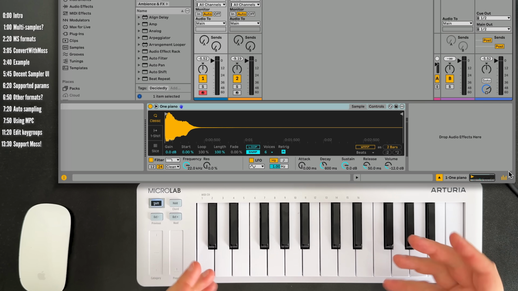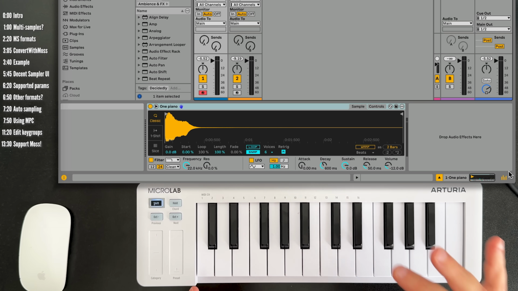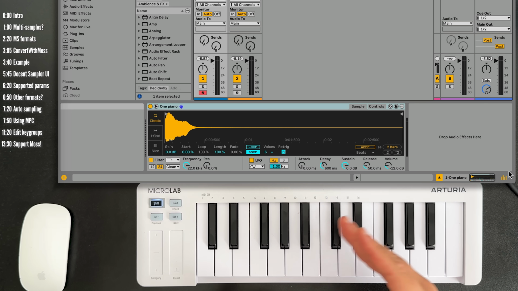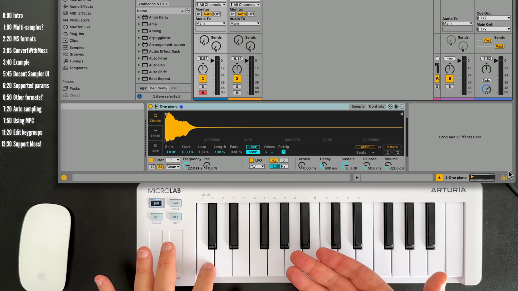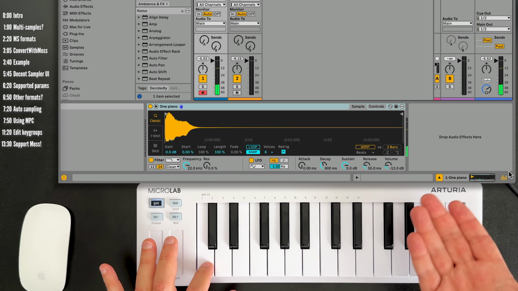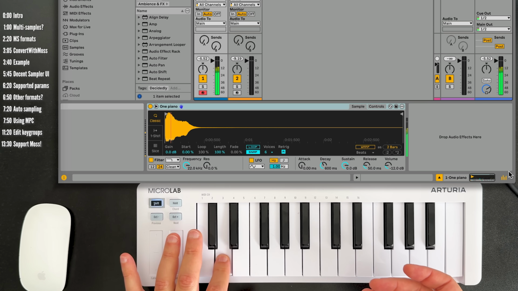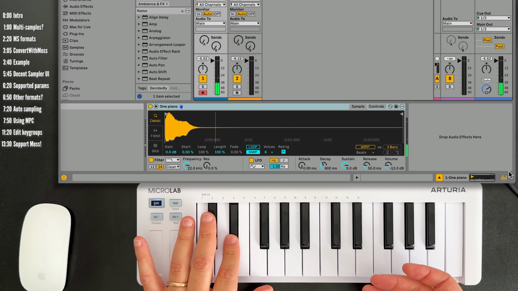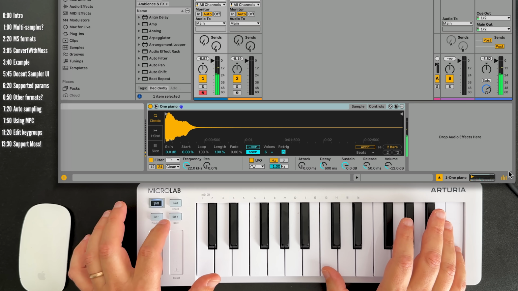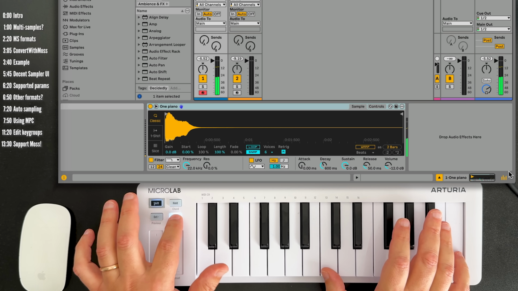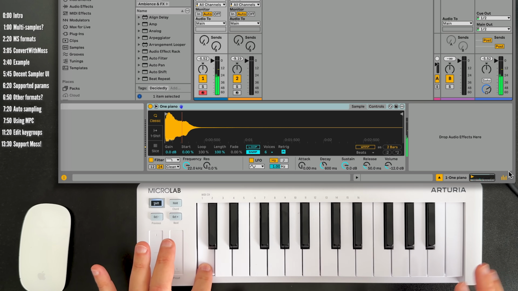Before I dive into the details, for those of you not familiar with multi-sampled instruments and why we need them, you can't use a single WAV file to faithfully recreate an entire melodic instrument. For example, I sampled C3 from a piano plugin here, and it sounds okay when I play it back, and maybe even sounds okay if I pitch it up a few semitones, but as you can hear, if I transpose the sample an octave or more, it may sound useful in a certain context, but it doesn't sound like the